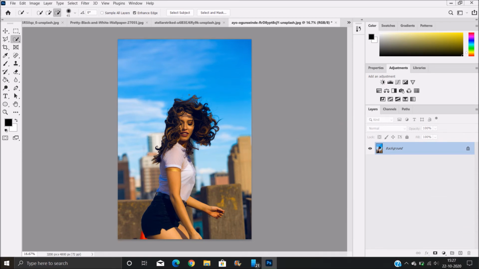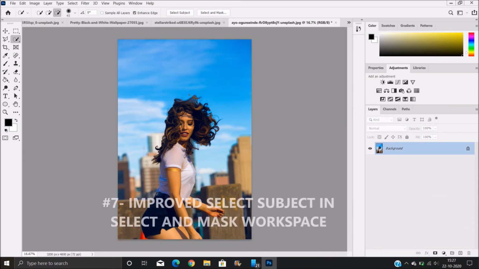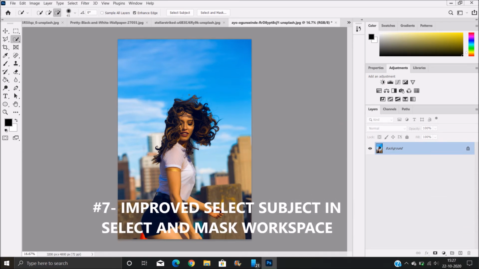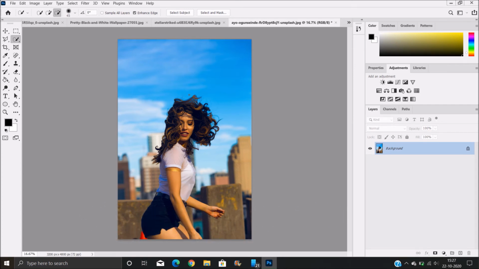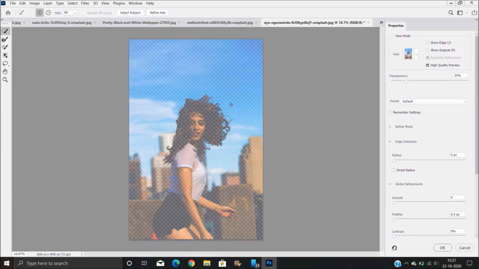Now the next one is Select Subject and the Select and Mask workspace. It has massively improved in this updated version of 2021, and all you have to do is click on Select and Mask.